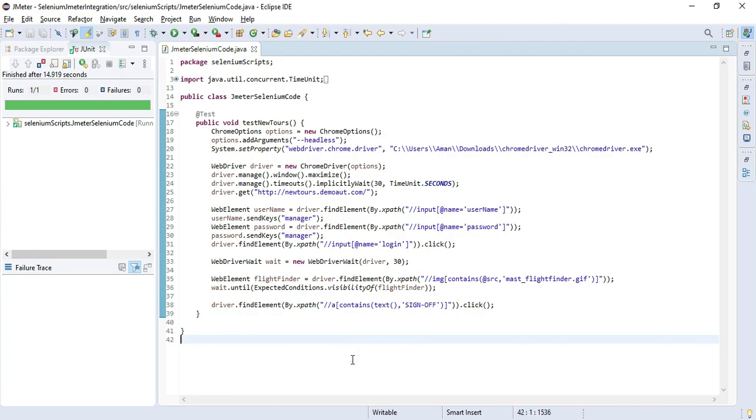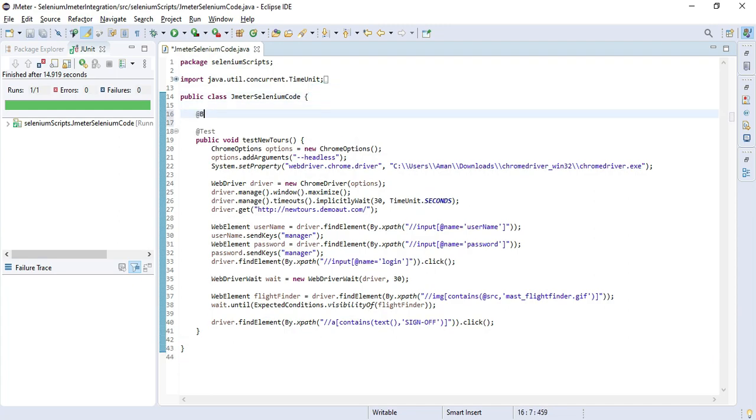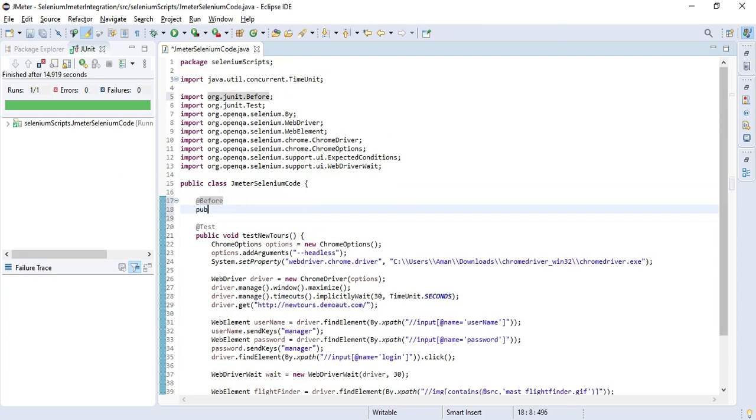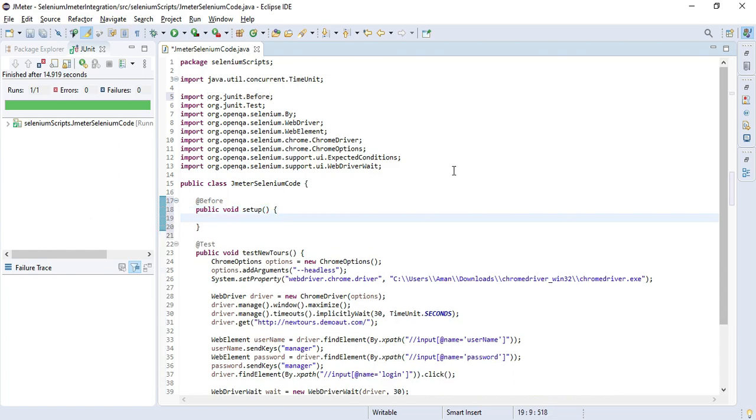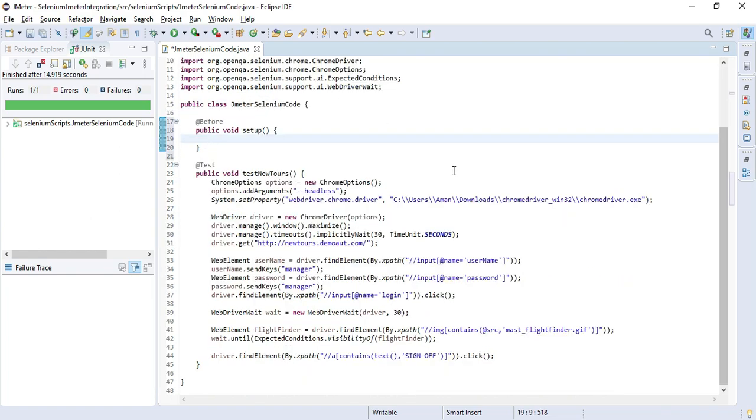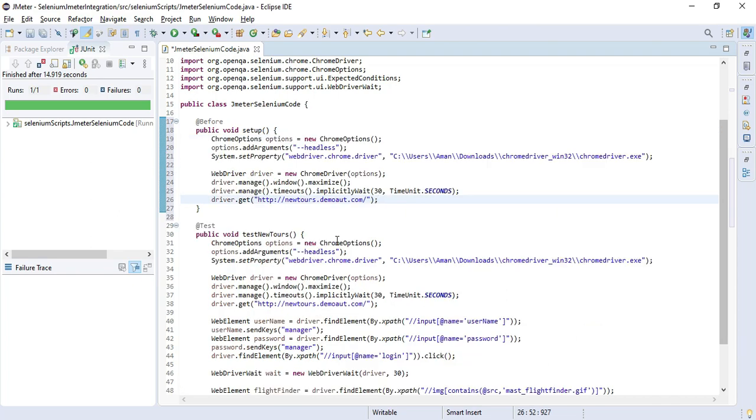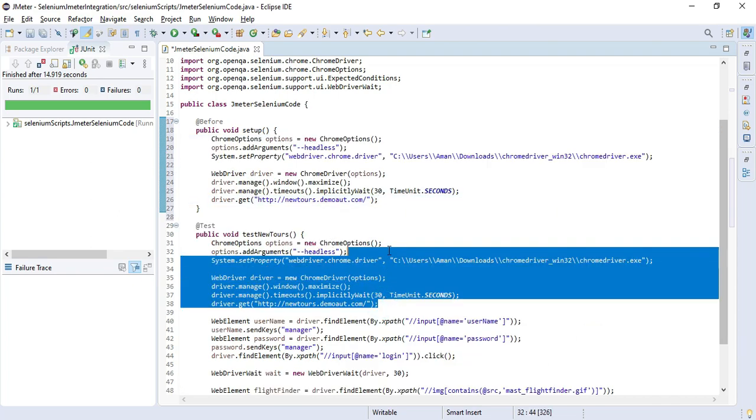So let's just start converting this code into a more maintainable way. Let's go and add at the rate Before on public void setup. Okay, so in setup we will do the basic tasks which will be required for every test, and that will be all these things till the. Okay, so let's just remove this,